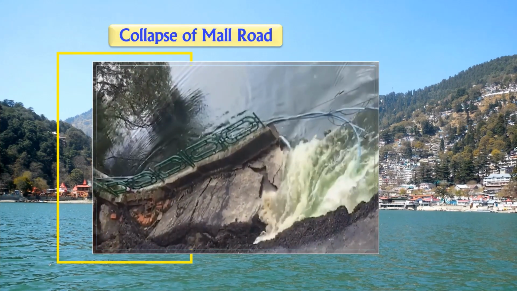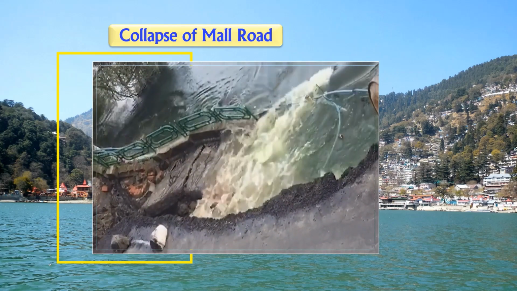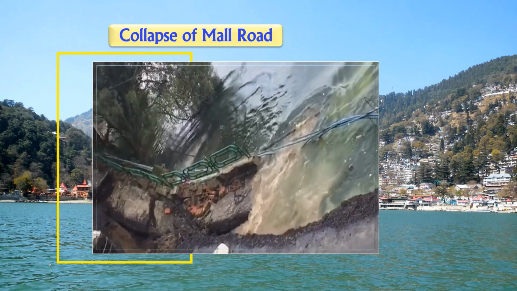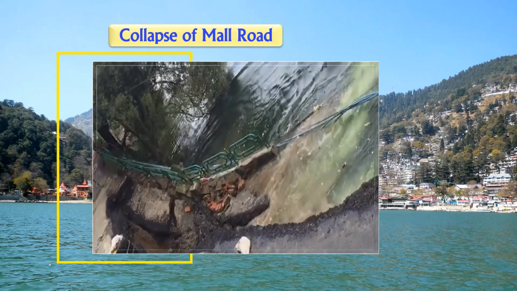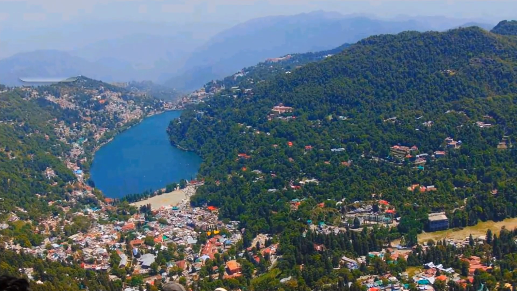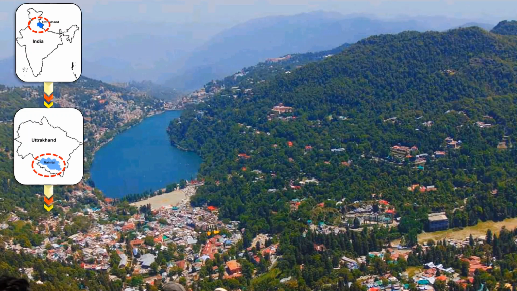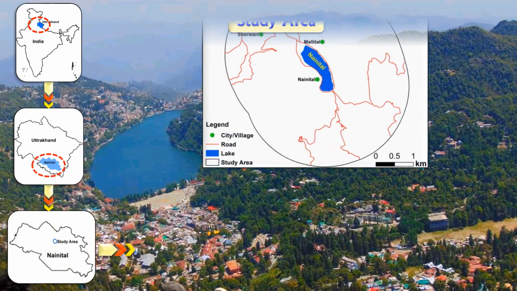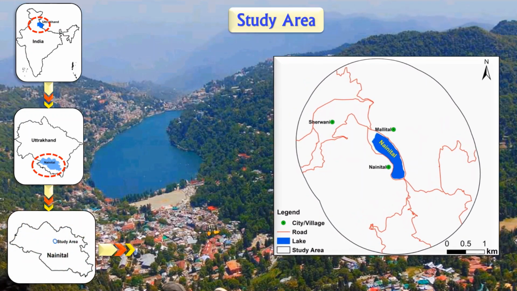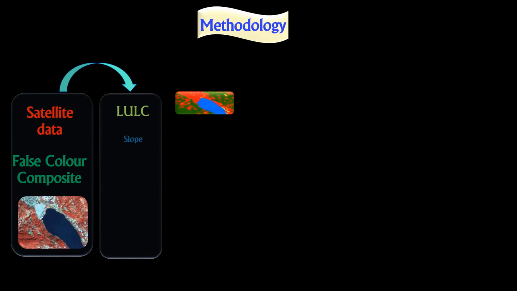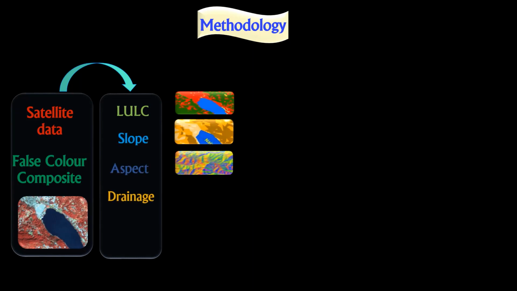It is reported that in 2018 the historic Lower Mall Road collapsed, with a section of about 25 meters falling into the Nainital Lake, and a high alert has been issued for Upper Mall Road also in the public interest. Nainital is located in the Shivalik Himalaya region, where the Main Boundary Thrust and the Nainital Lake fault pass through, which makes this area vulnerable. To assess the impact of urbanization on high slopes and landslide susceptibility, the following methodology has been adopted: